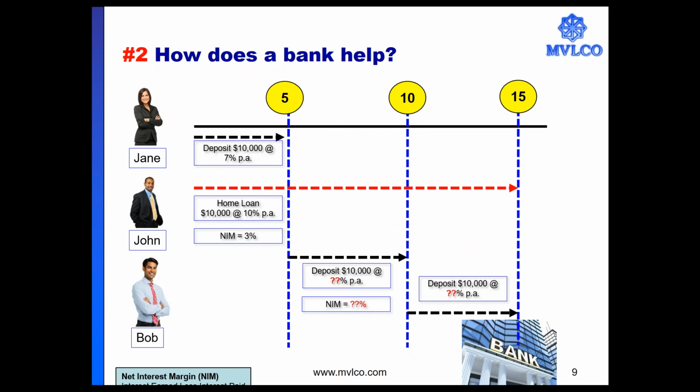To sum up, I spoke briefly about liquidity risk being created because either Jane wants the money back before maturity or John prepays the loan before maturity. Jane extends her loan, John defaults on his loan. All this will result in liquidity risk. If the interest rates change in the 15 years time, this will create the interest rate risk for the bank, and if the deposits are in a different currency than the loans, we will have the exchange rate risk. To summarize, we spoke about three risks: liquidity risk, interest rate risk, and the exchange rate risk. Are we clear on all the three risks? In this single example,